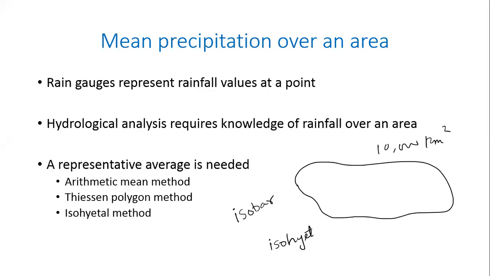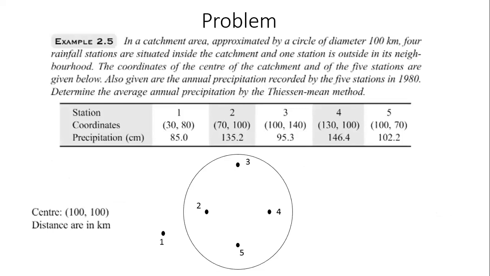Okay, so these are the different methods that are used to obtain the average rainfall received over an area. The simplest one is the arithmetic mean. Relatively more sophisticated is the Thiessen polygon method, which also is a kind of interpolation. And then the quote unquote most sophisticated method is the isohyetal method. So these different methods are available for us. Let's try to understand them through a problem.